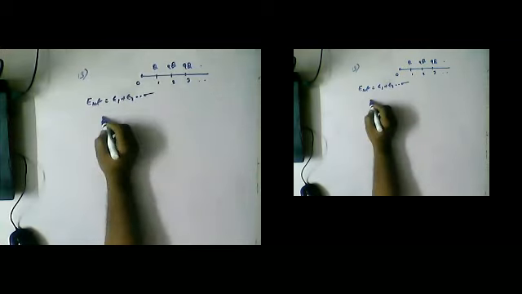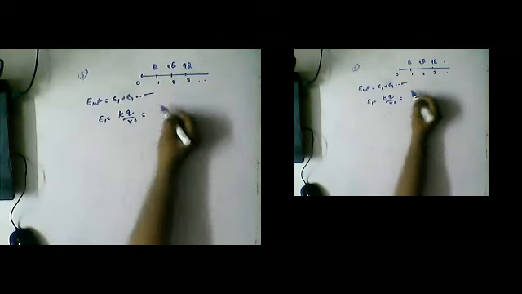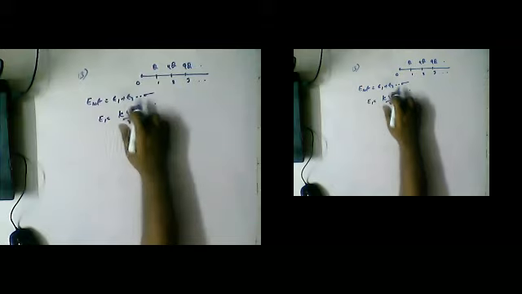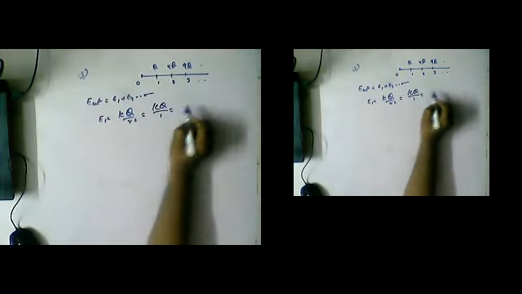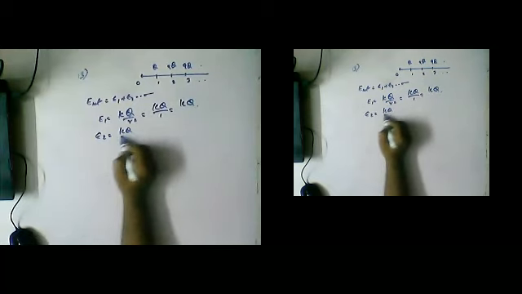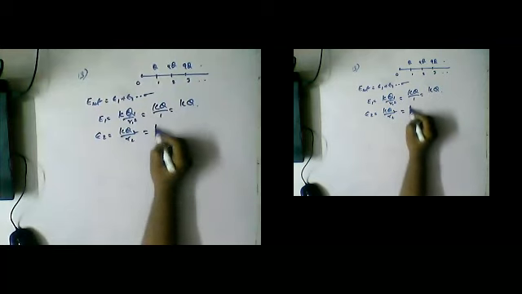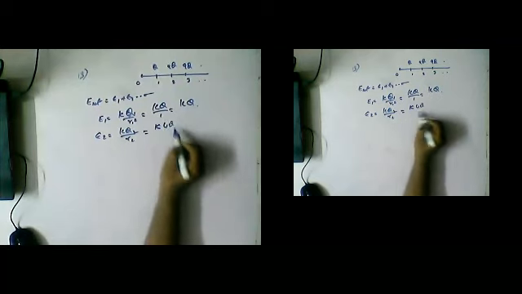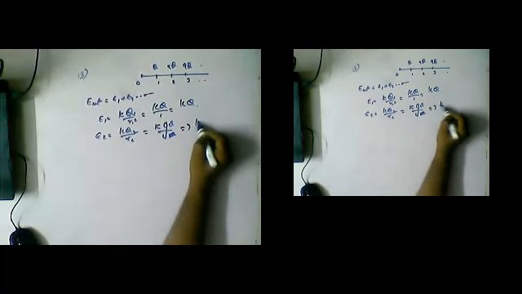First of all, E1 is equal to K into Q by R square, so this is capital KQ by 1, that is KQ. Similarly, E2 is equal to KQ by R2 square. We can write here K into 4Q by 2R, means 4R square. So 4 will get cancelled. Ultimately what we are left with is once again KQ.